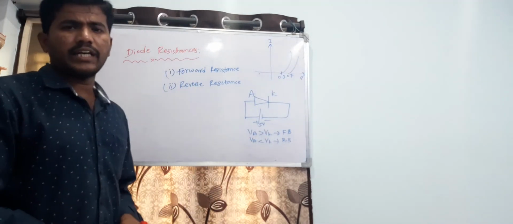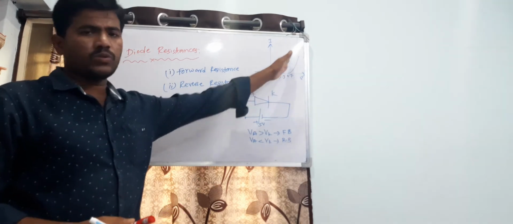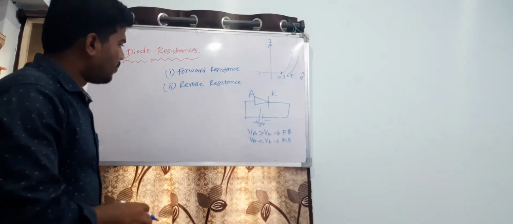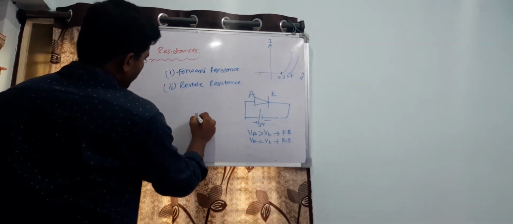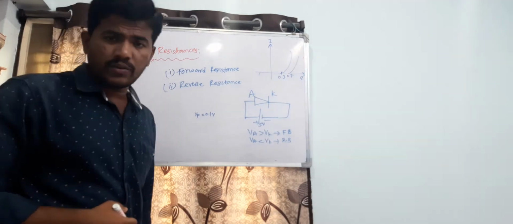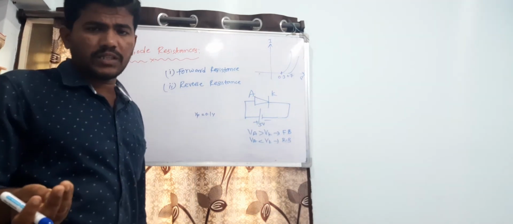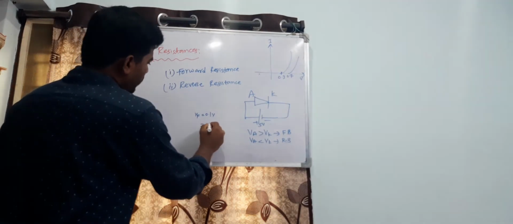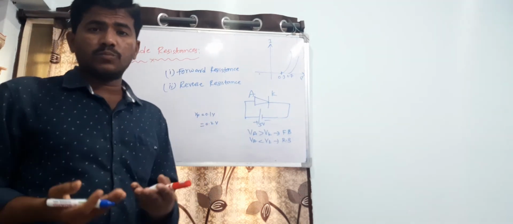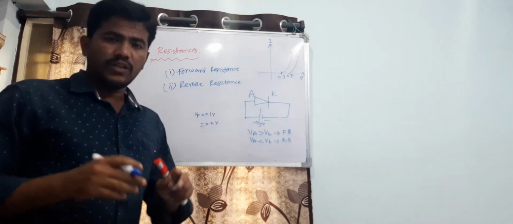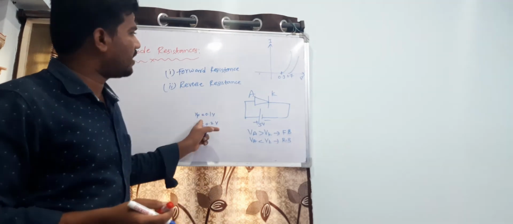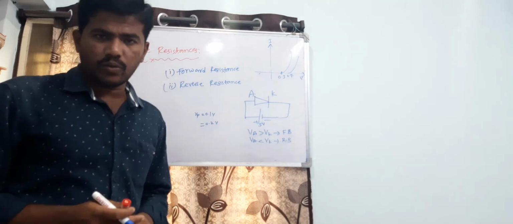Depending on the semiconductor material, the current would flow through the semiconductor. For example, if I apply a forward voltage of 0.1 volt, there is no current flowing through the diode, which means some opposition takes place. If I increase to 0.2 volts, there is still no sufficient current, which means the opposition is more when compared to this voltage. If I increase again to 0.3 or 0.4 volts, depending on the semiconductor, current flows through the diode.